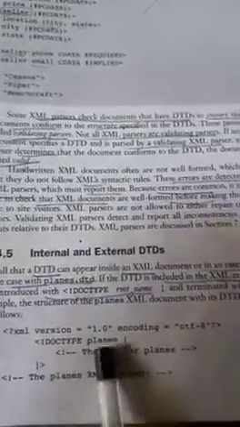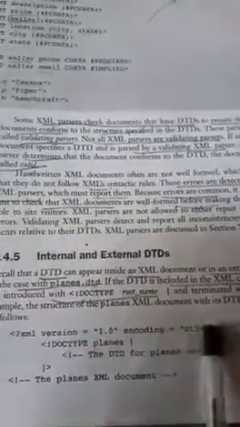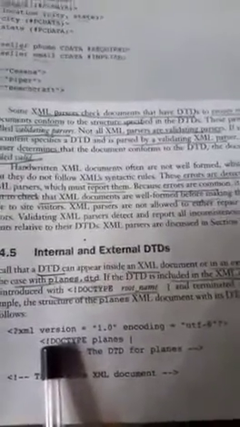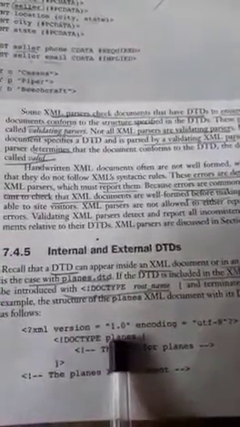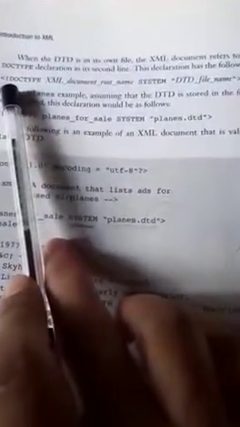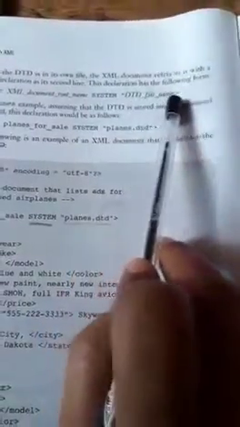For example, this example is for external DTD. This starts with the version and encoding, and here the second statement is the reference of external DTD. That is, by the use of DOCTYPE, you can refer to the external DTD. The document name is planes. This is the DTD you type and save in the name planes. This is referred here. The external DTDs are referred with DOCTYPE, XML document root element name. This is the SYSTEM keyword. This is used for external entities reference, the DTD file name.